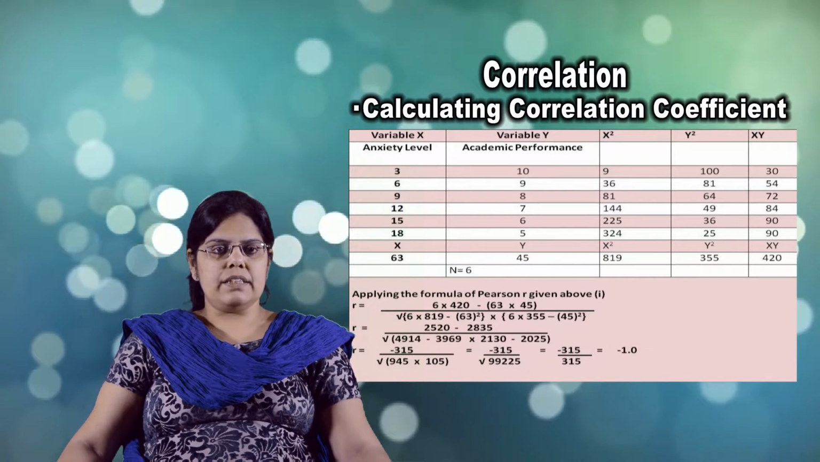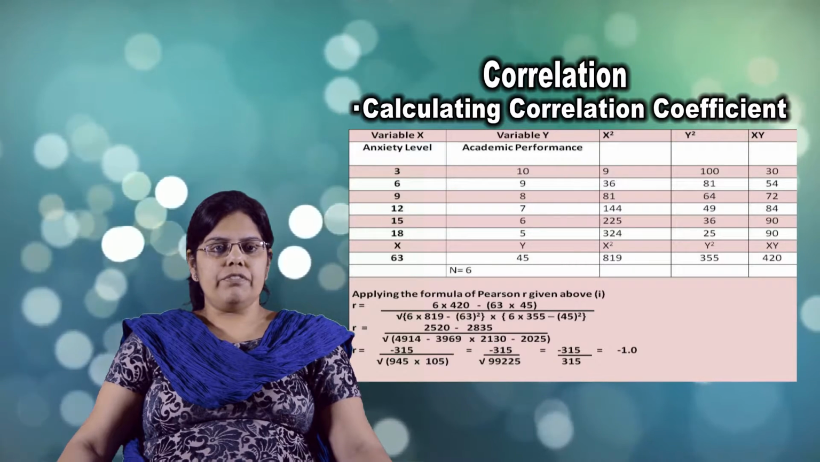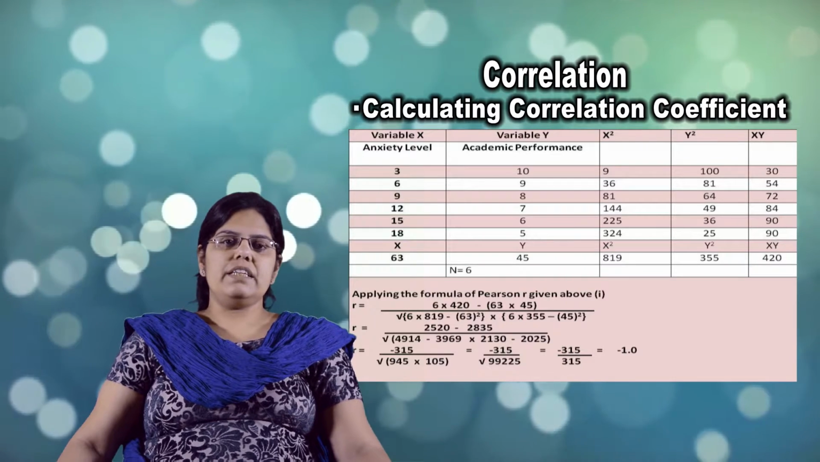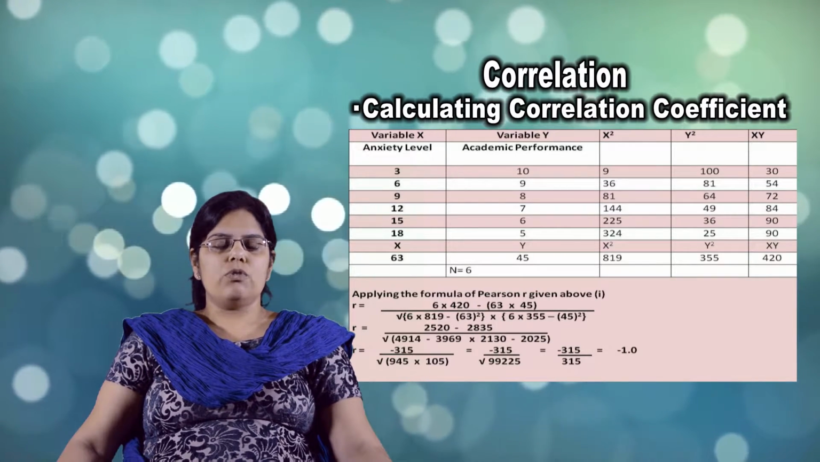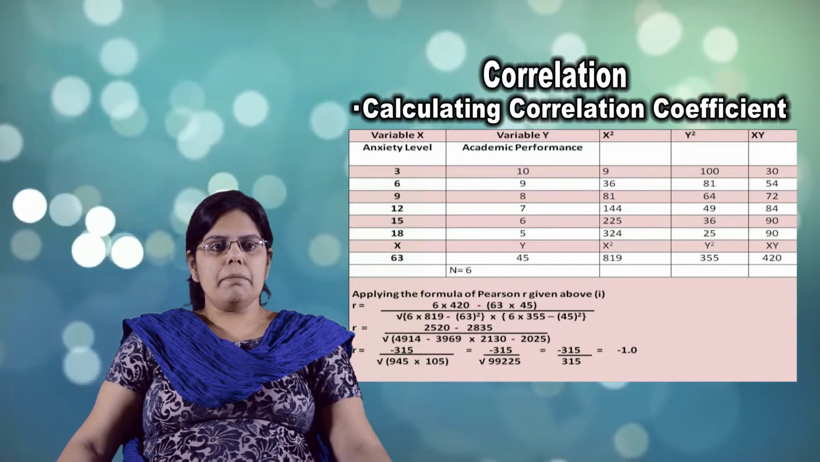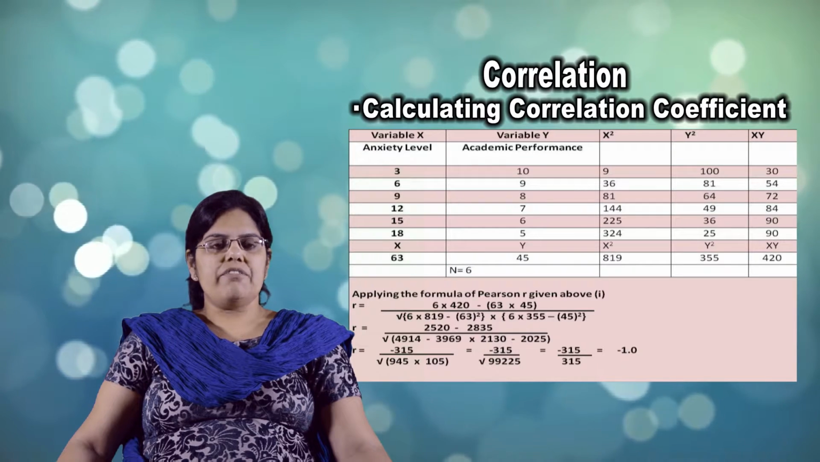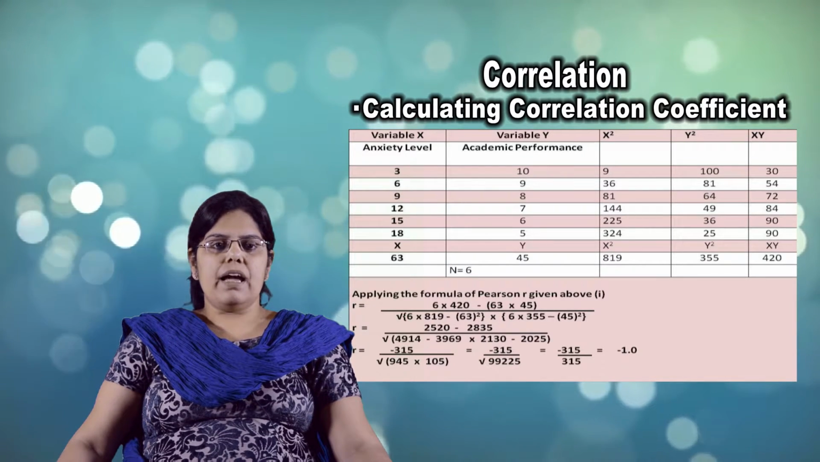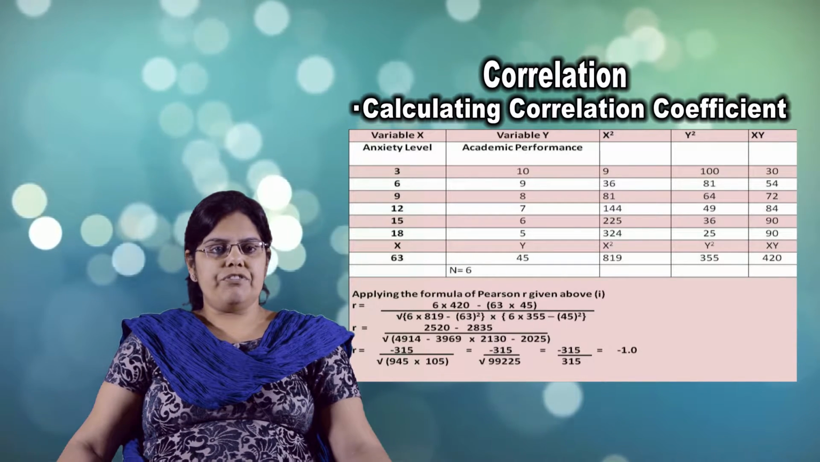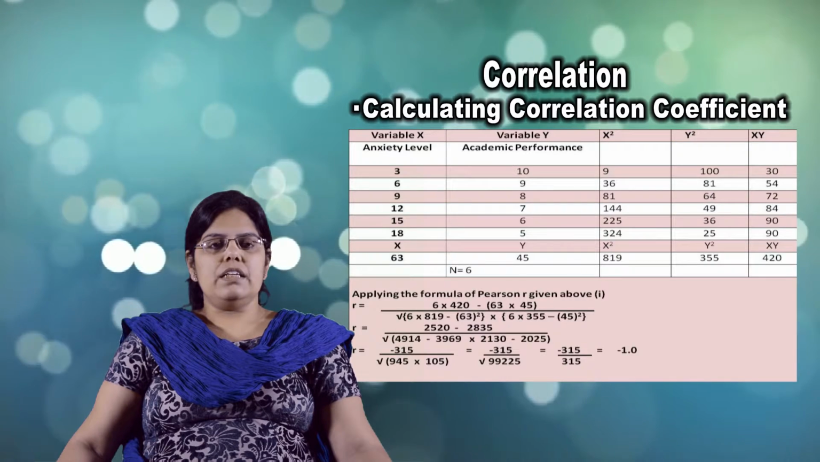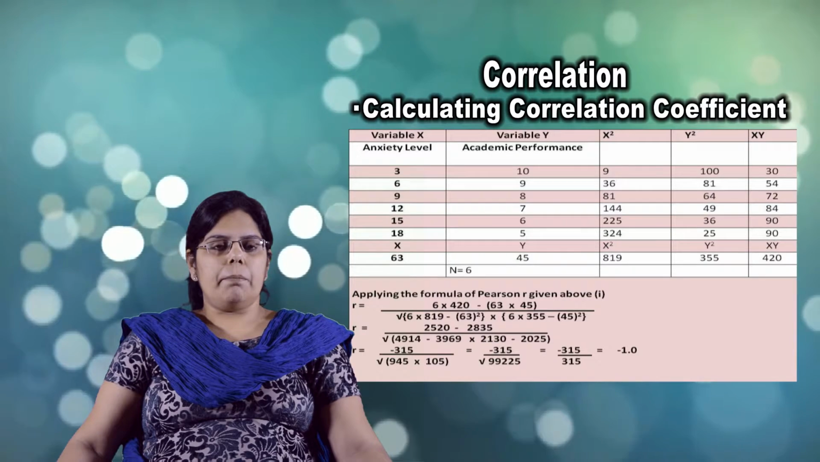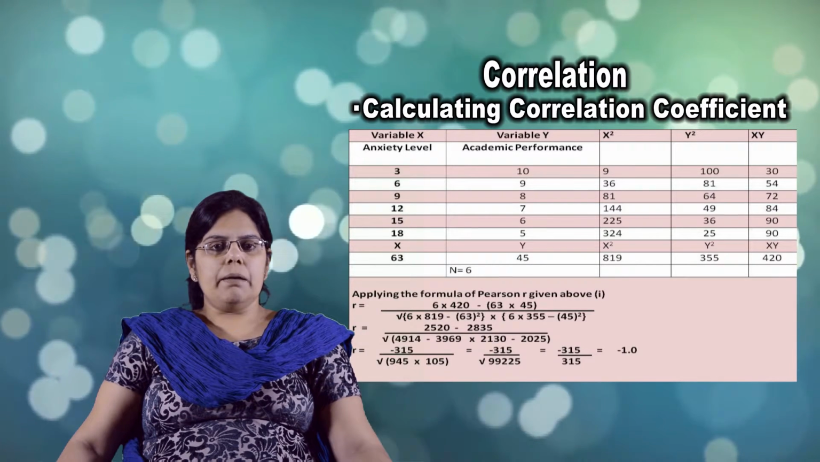The fourth column represents y square, and in the fifth column variable x and variable y are multiplied, represented as xy. The total number of cases n in this case is 6. Sigma x is 63, sigma y is 45, sigma x square is 819, sigma y square is 355, and sigma xy is 420. Applying the formula of Pearson given above, the value of R came out to be,